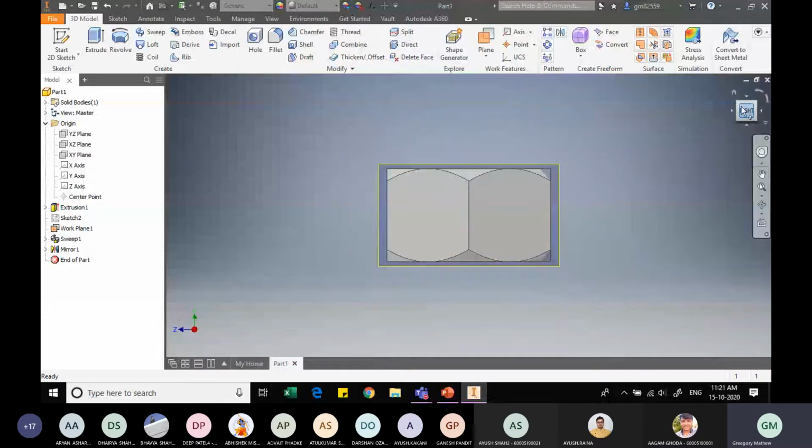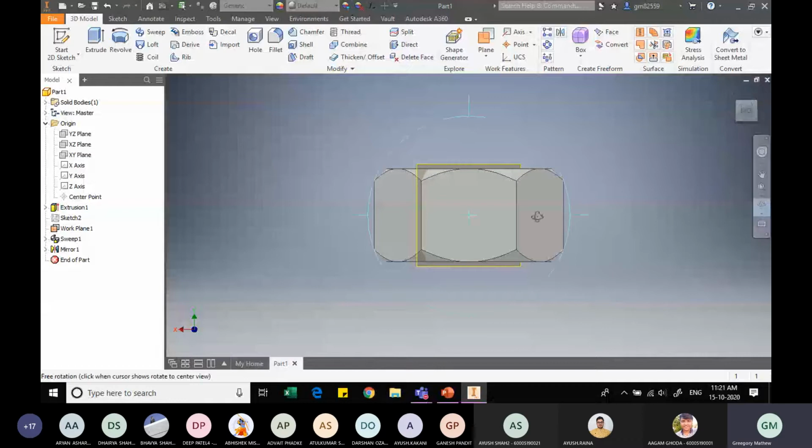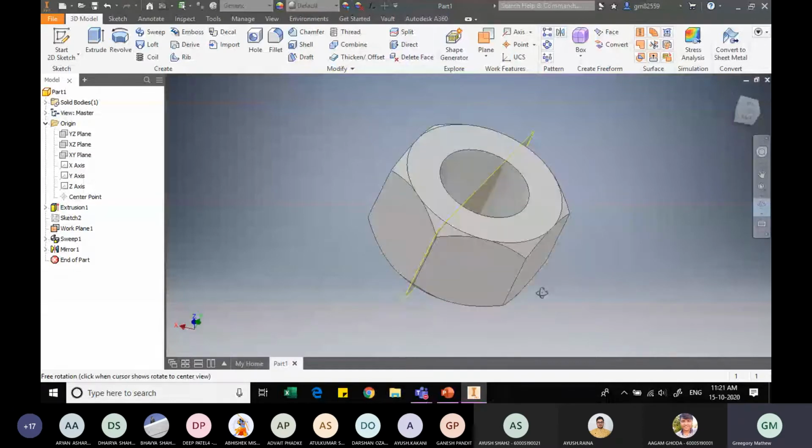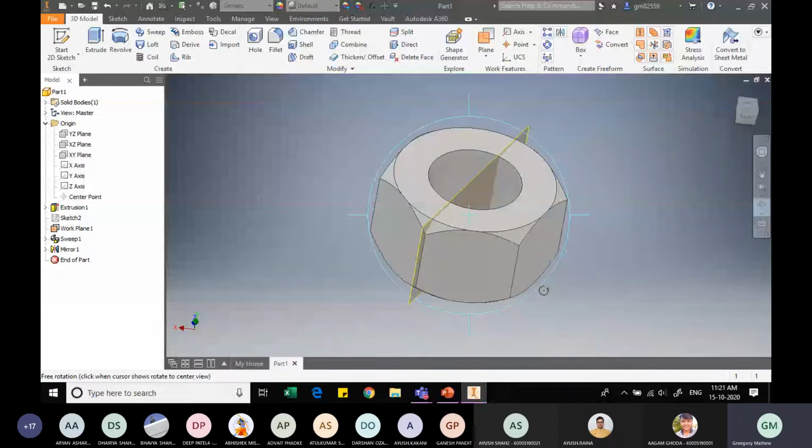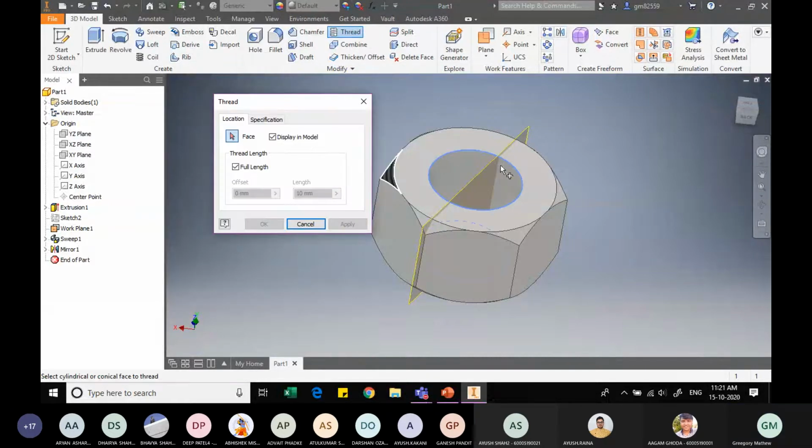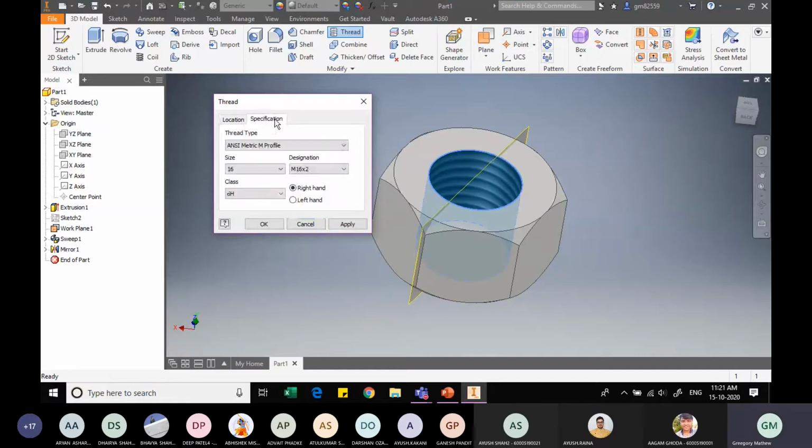Now let me show you how it appears in the right view and the front view. The chamfering is done on the bottom as well as on the top by a single mirror command. But to complete this, we need to show internal threads also. So going to the thread option, I will wait for the thread option to highlight, and I will select the face. Let me check what is the specification. By default it is M16/2. I will always select this option for the shaft threading. So M16/2, I will click on apply, and my part is ready.